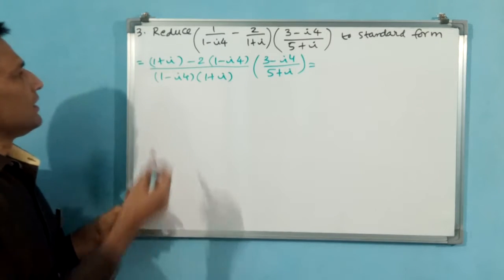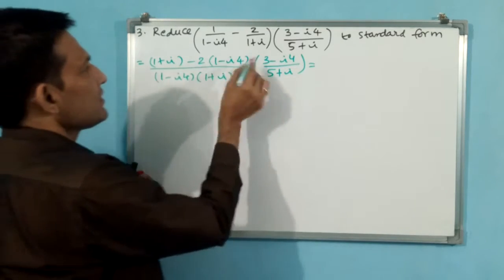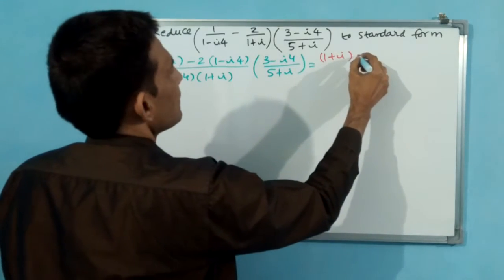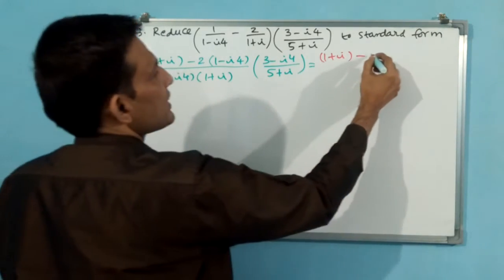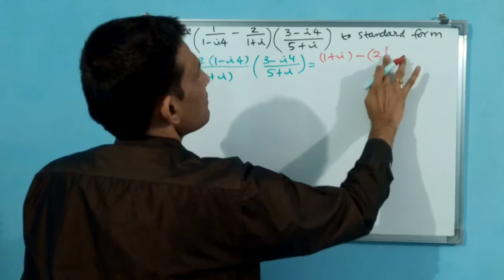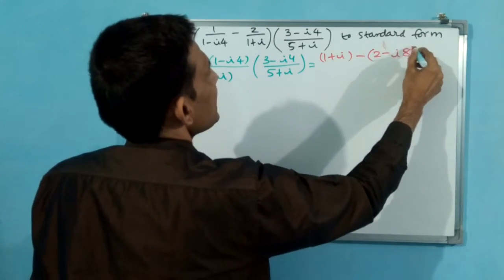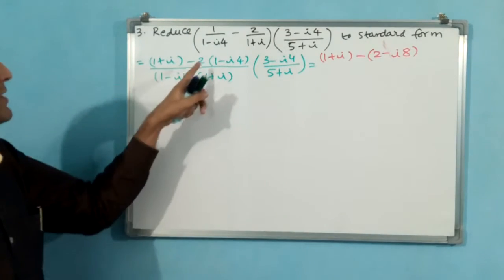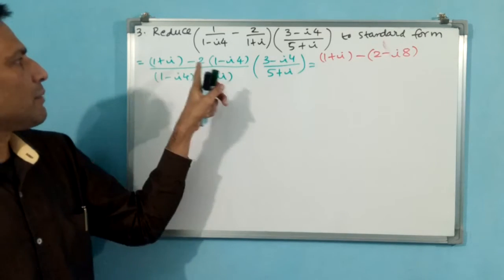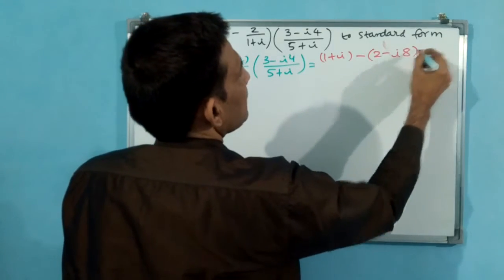Okay, now let us open this bracket. 1 minus, say this you have to multiply. Okay, let us multiply: 1 plus i minus of, I have sent inside 2. You see minus outside is there, means 2 only I am sending, minus i8. Is it okay? Why? Because now 2 has gone inside. 2 minus i8. Okay, minus outside, it will be like this only.